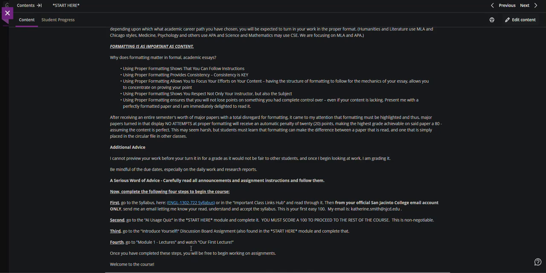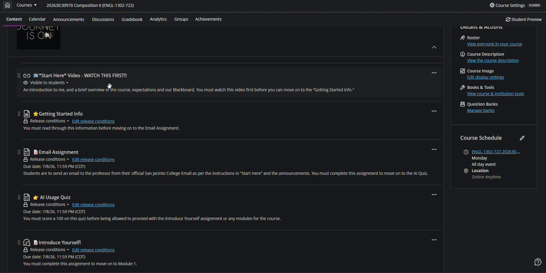Finally, once you've gone through these three things, once you've done the introduce yourself assignment, you will be allowed to go to module 1, where you'll be required to listen to the first lecture there that will actually have anything to do with what we'll be doing in that module. So make sure that you listen to that, and then you will be allowed to do the assignments. So let me just show you that. So this is what you'll see, and you'll probably see these things as you unlock them.